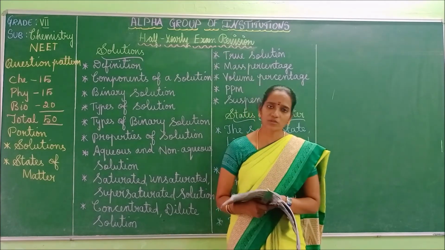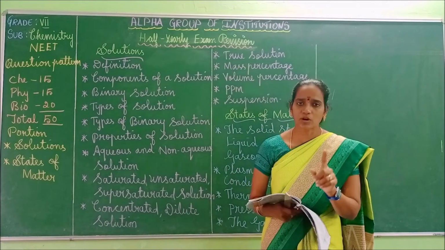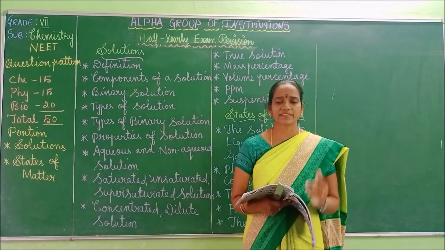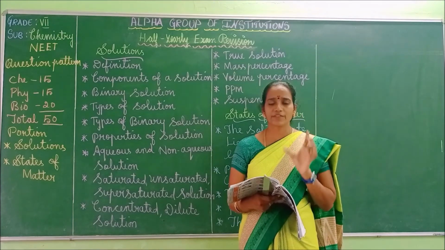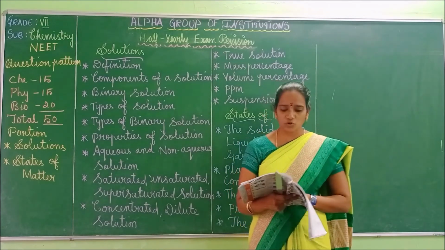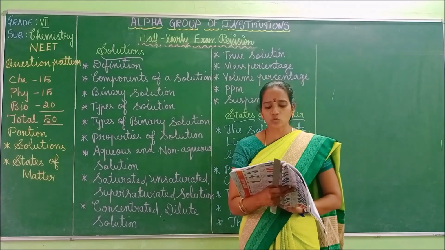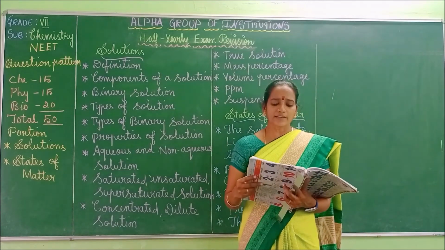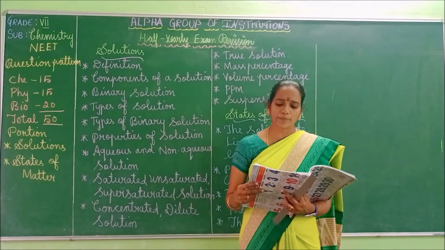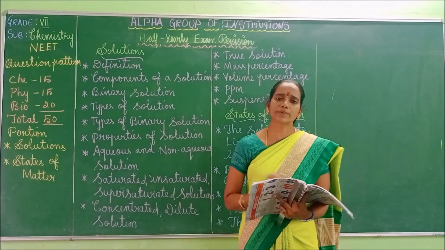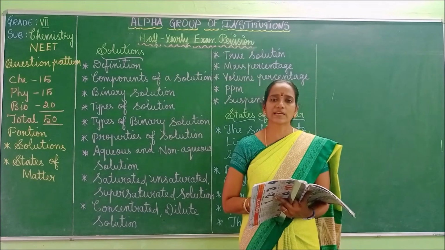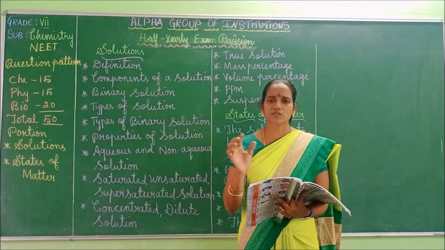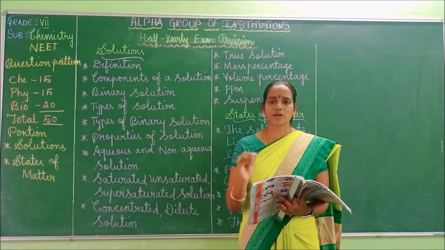What is the fourth state of matter? Plasma. What is the fifth state of matter? Bose-Einstein condensate. So you should know this very well. Definitely one question you will be getting from this. So next one. On the next page, the sun and the stars glow due to the presence of dash. Due to the presence of plasma. What's the answer? The answer is plasma. The sun and the stars glow due to the presence of plasma.